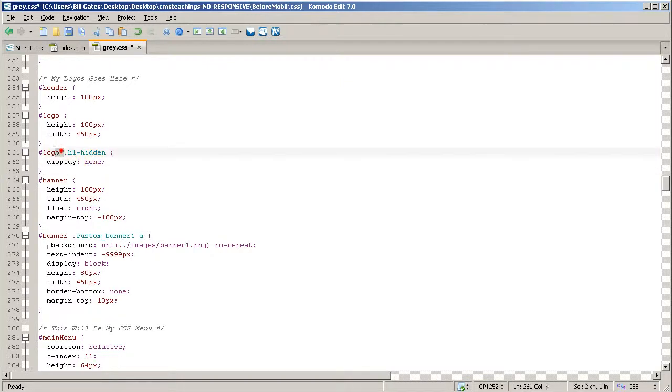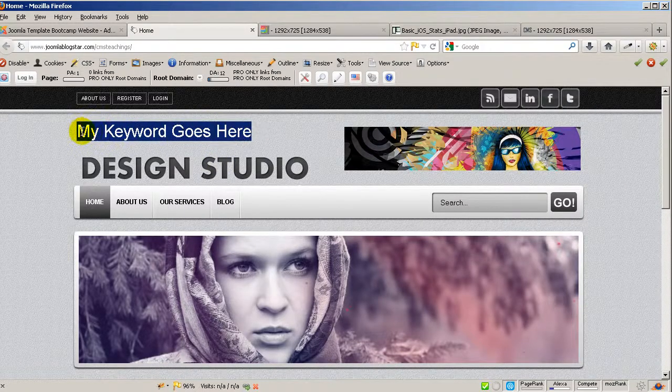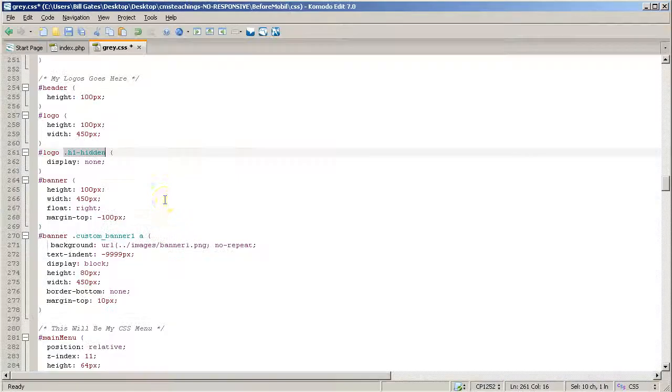Now with this logo, this ID logo, and this h1 hidden, you are going to be targeting the h1 title in here because you want to eliminate all this. Okay, let me go back. This will be the h1 hidden. Now you can apply any CSS you want. You can use any class or you can use any ID. In this case we are just going to copy all this, Ctrl C, and let's click Ctrl S to save